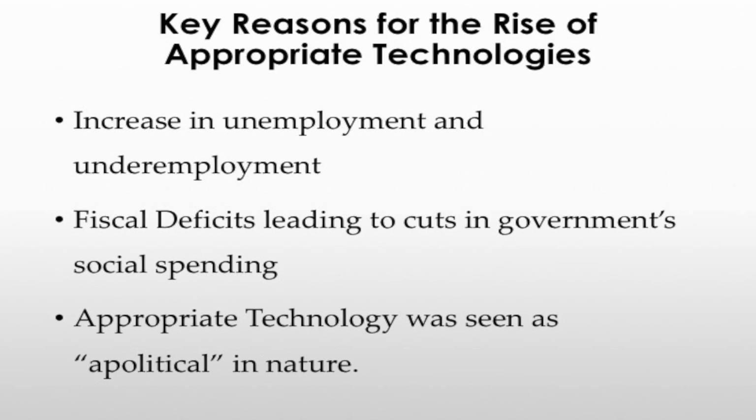First, rising unemployment and underemployment in developing countries had posed a real threat to political stability. Appropriate technology provided at least an interim solution to this problem, raising hope that employment and income could be generated directly at the bottom. Second, by the early 1970s, both the developed as well as developing countries were facing increasing fiscal